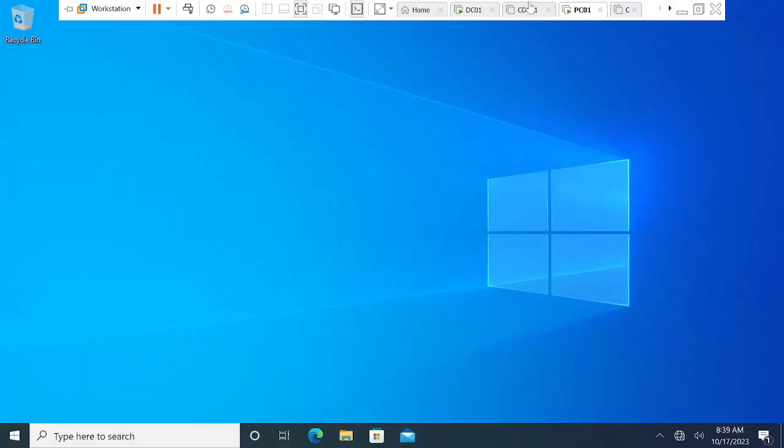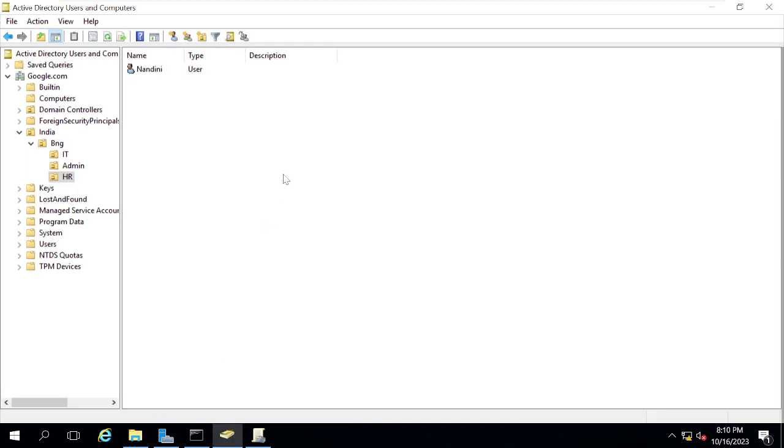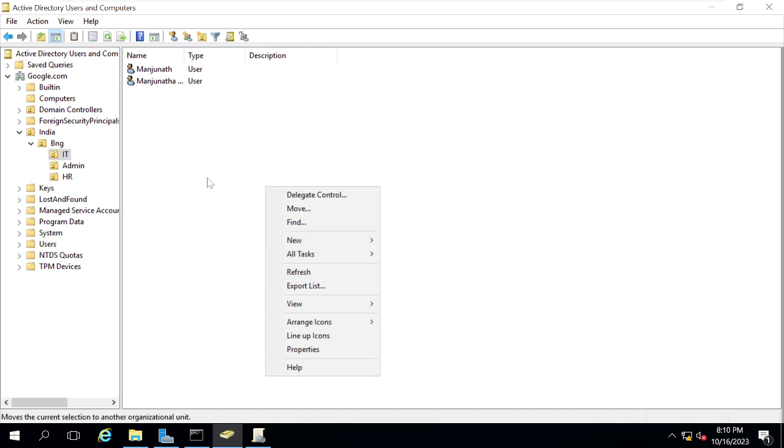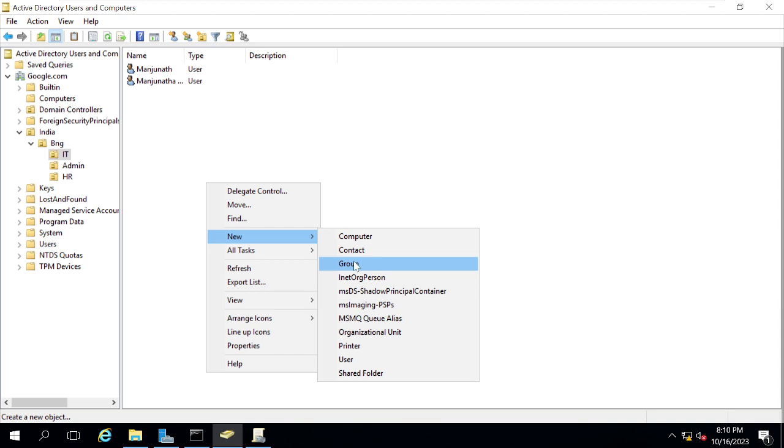Okay, so I can even give that via Active Directory group. I'll go to here. I'll create an IT here, IT new group. I will do one thing in the IT folder. I'll create a new group because in group I will add